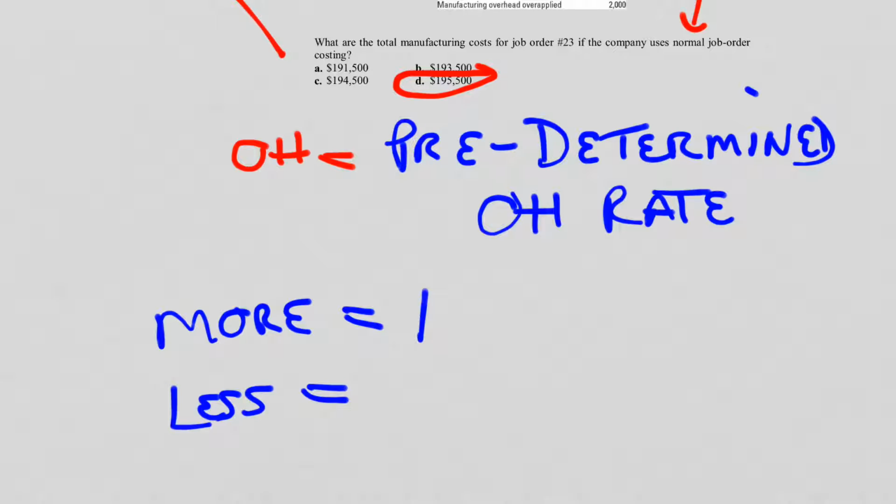If you allocate more, this would be called